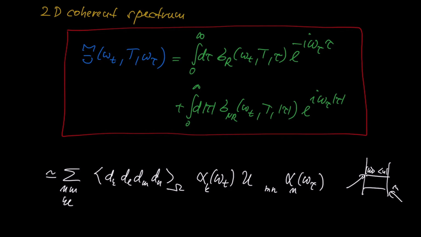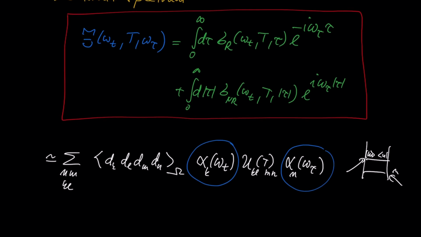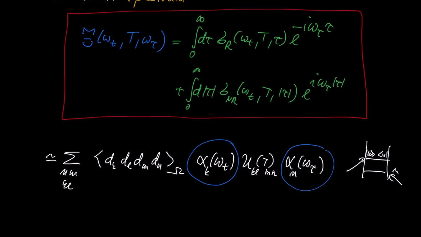So we would have coherence mn, which would transfer to coherence kl, where k and l, or m, can easily be the same. This depends on t. So this is basically how we can expect the spectrum to look. This is two absorption spectra in different variables connected by the evolution superoperators, and the largest contribution will come from